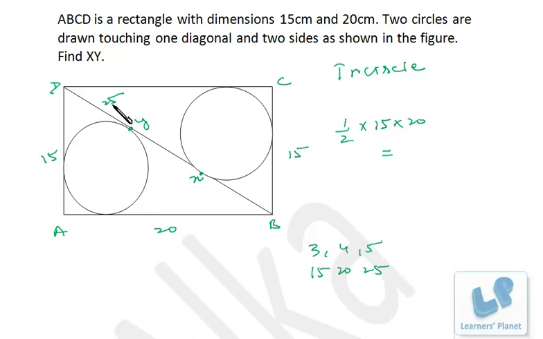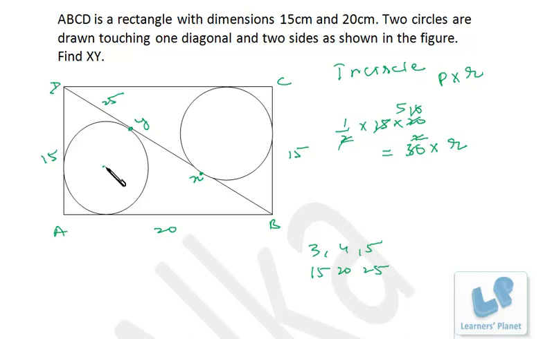Okay, so 15 plus 25 is 40, plus 20 is 60, which means the semi-perimeter will be 30. And into inradius, that we have to calculate. So this is the area of the triangle, half base into altitude, and in other ways we can write the area of the triangle as semi-perimeter into inradius, right? Here the semi-perimeter is 15 plus 25 plus 20, the sum of the sides divided by 2. So that's 30 into inradius. So the inradius will be nothing but 5, right?